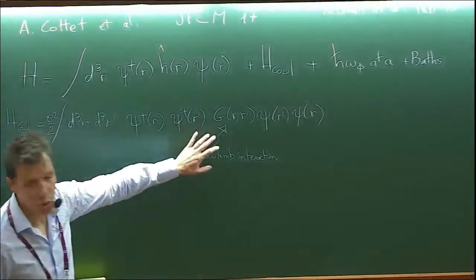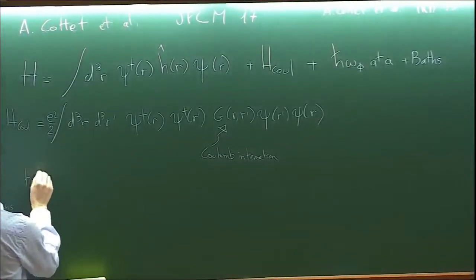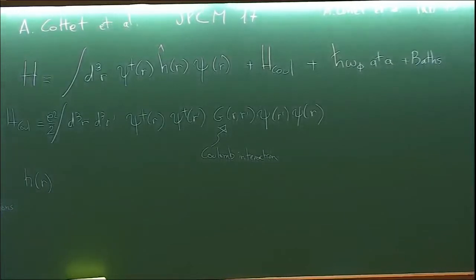This is, let's say, the static part of the Coulomb interaction. And then the most important thing is that now the one-body part, all the coupling, let's say, which stems essentially from a gauge invariance argument to the electromagnetic field, comes exactly like we saw from the kinetic term of the